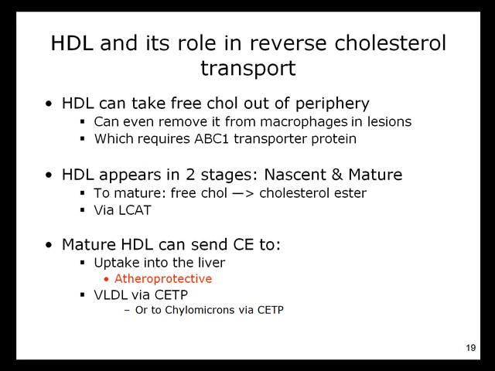The next thing you need to know about is HDL, high-density lipoprotein, and its role in reverse cholesterol transport. How HDL can take free cholesterol out of the periphery. It can even remove it from macrophages in lesions, all of which requires the ABC1 transporter protein. The HDL appears in two stages. HDL can be seen in the blood in a nascent form and in a mature form, nascent being the immature form. To get to the mature form, free cholesterol has to become cholesterol esters, and that happens via the enzyme